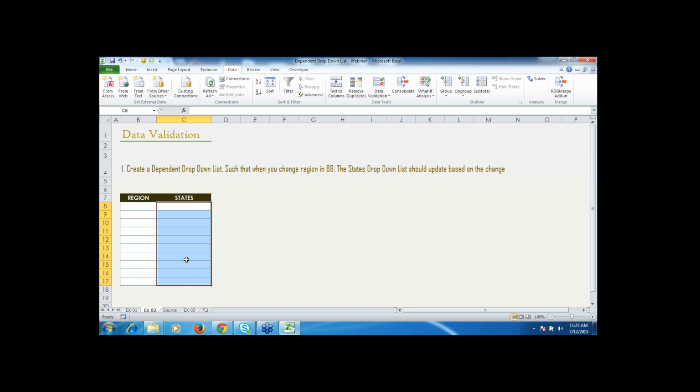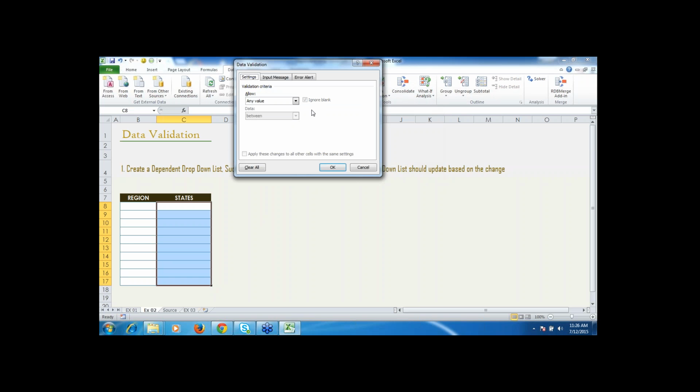So first I'll select it, then I'll go to the data validation option, and there we'll go with the list again, as we have already seen. Now here in the source, what we need to do, we'll have to use a formula